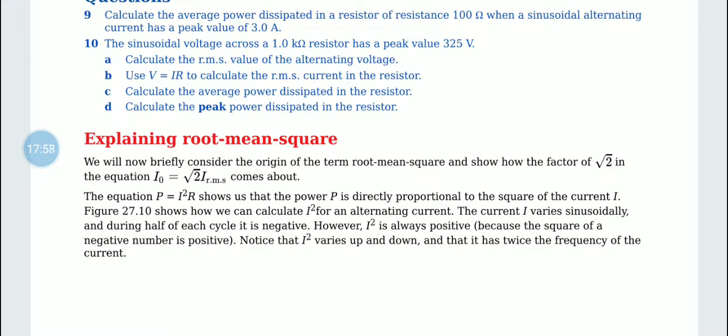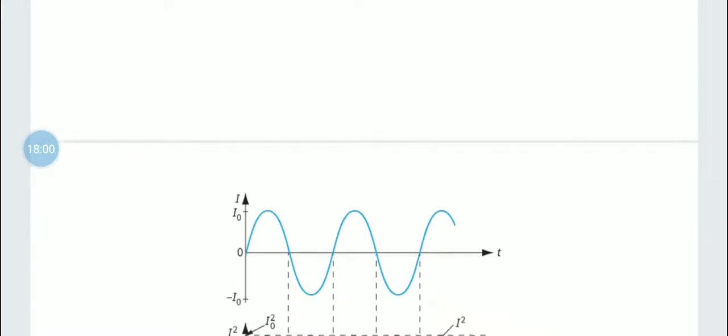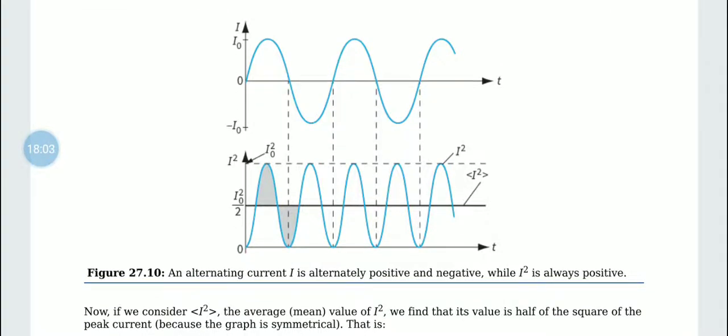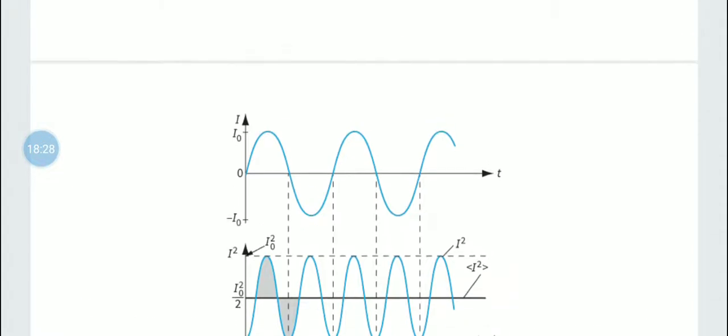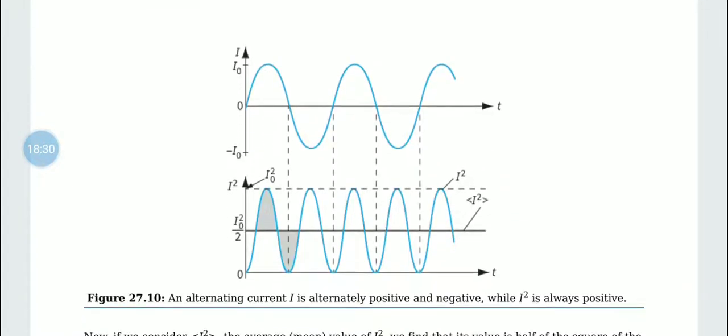So now when we look at this chart, we are looking at an alternating current. This is going to be positive and negative. However, if you take I squared, it is always positive. Now, as you can see here,